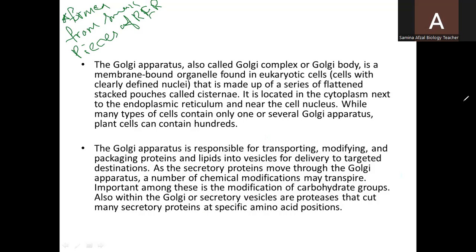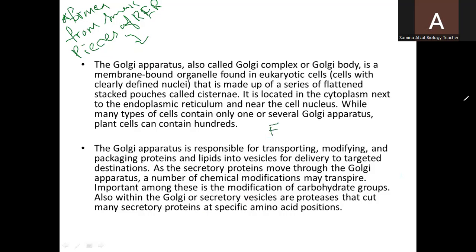Chemicals which are made in the endoplasmic reticulum are collected into these Golgi bodies where they are modified. So it means the Golgi bodies also modify; we will discuss that in the function. Small vesicles can then be pinched off of the Golgi body, carrying new chemicals away, which are secreted when the vesicles reach the cell membrane. So they are secreted from the cell membrane. They are formed from small pieces of rough endoplasmic reticulum, and then their function is this,